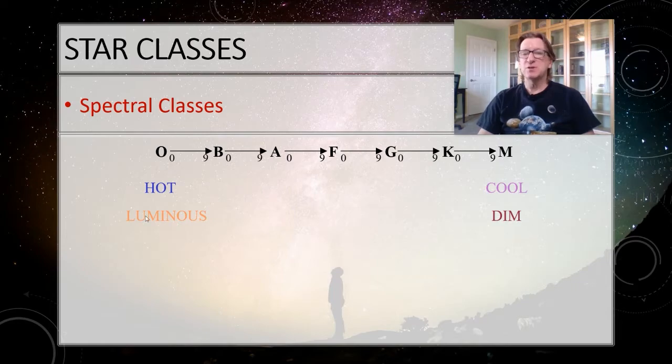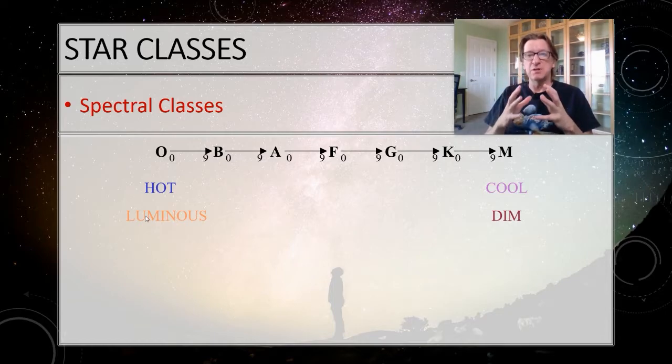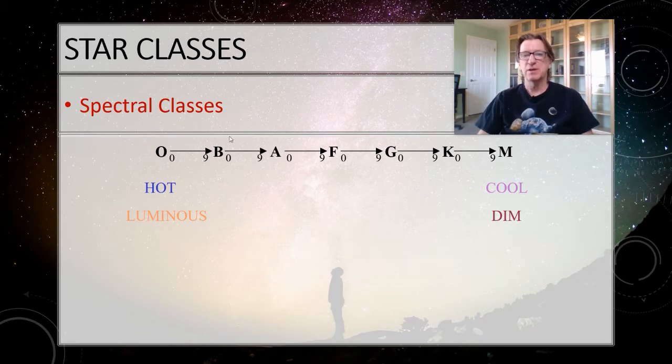The O-type stars are the most luminous stars. They're the brightest stars. Now remember, we're talking about luminosity. We're not talking about how bright it seems to your eye. We're talking about how bright it really is, how much energy it's putting out. If it's a long way away, it still might look dim. The flux that we get might be small, but the star itself is still really bright. It's still really luminous. So don't get confused. No distance coming into play here. The M-type stars are very, very dim.